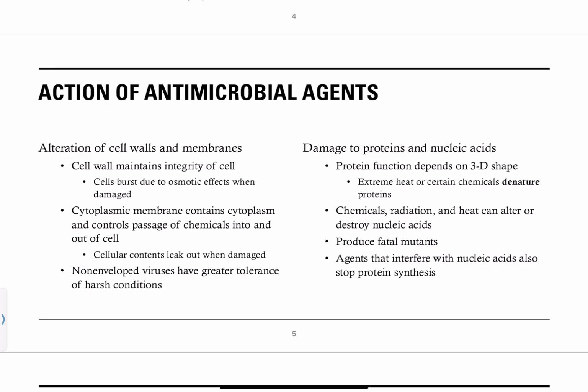Different agents work through different pathways. Alcohol and detergents primarily target membranes. We have oxidizing agents and radiation, which are going to damage nucleic acids. And then we have heat, and heat can damage both. So we really need to go in and talk about what these mechanisms are, and to make sure you understand what the right control